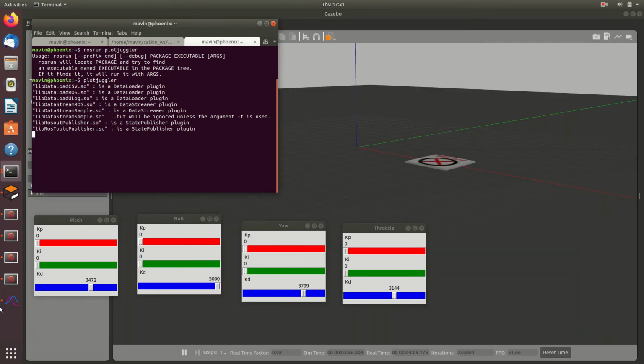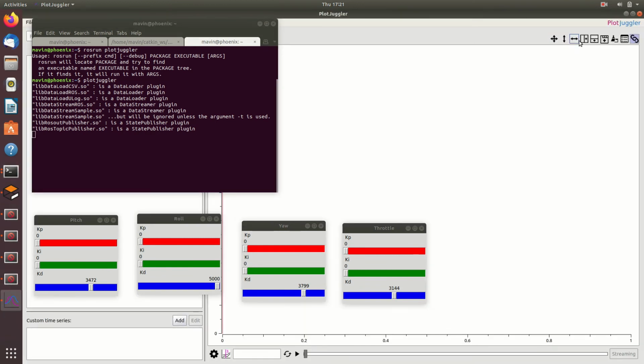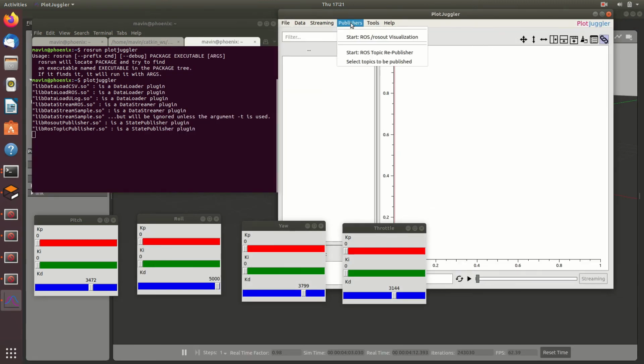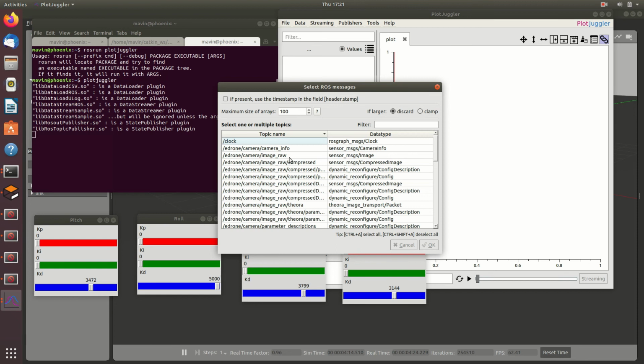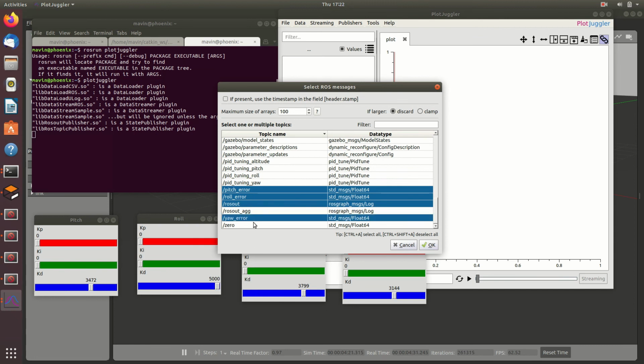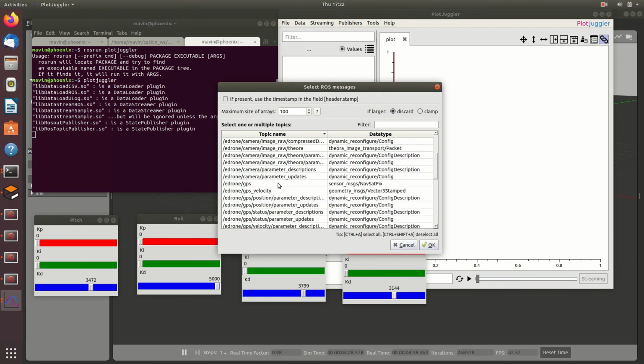Now coming to the PEP-8 style coding. This is a Python coding standard followed by developers to promote the concept of code readability and reusability. Some examples include: number 1, limit all lines to a maximum of 79 characters. Number 2, imports should be on separate lines instead of on a single line separated by commas. Number 3, avoid trailing white space in any line. Number 4, make sure you